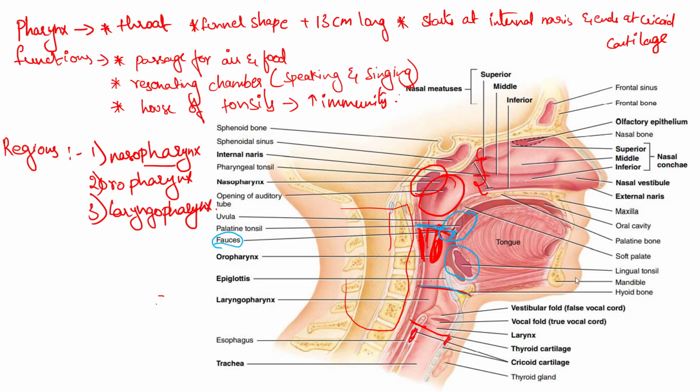After this we have laryngopharynx. It starts from this hyoid bone, so I will change the color to black so that it will be very easy for you to recognize. So from here, from this hyoid bone to cricoid cartilage, till here it is our laryngopharynx. This one is also used for both digestive and respiratory purposes. So the tissue which is located in laryngopharynx is non-keratinized stratified squamous epithelium. So if you see inferiorly to this, you will be having esophagus. So this is our esophagus.